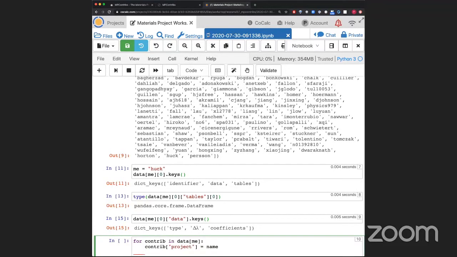If I set something else here and try to submit it, it would not let me because the key that I shared with you would not have permissions to contribute to any other project. And then contrib is public. So the second key that we need indicates whether this contribution will show up publicly or privately first. By default, all contributions are private. So if you don't set that key,